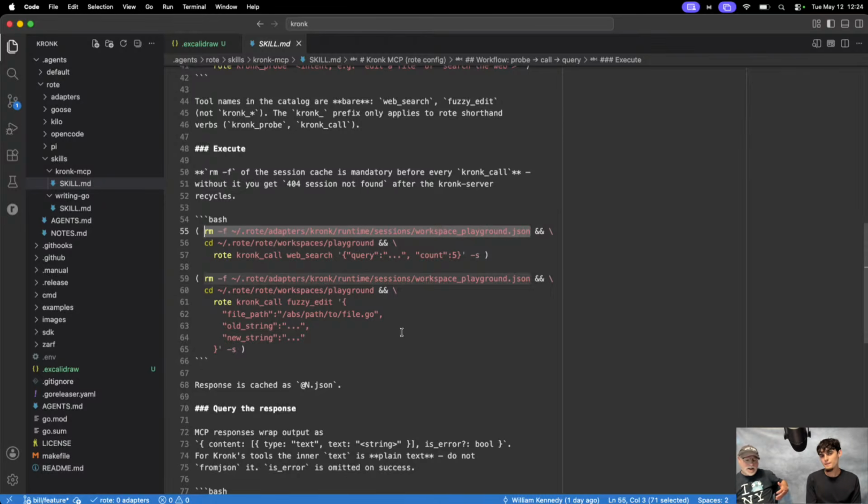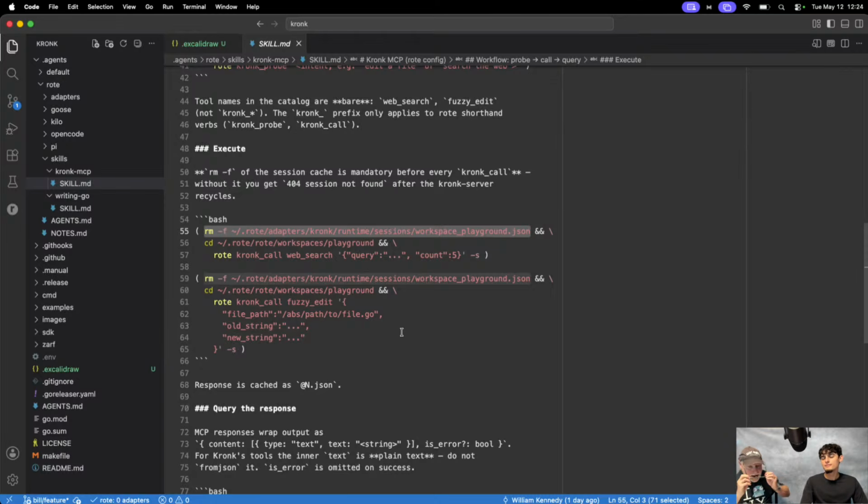So the very first interaction we're going to have with the Cronk MCP server, rote's going to do the right thing and save the session ID. The moment I restart the server and it tries to give me the session ID, what's going to happen? I don't know. But rote never thought that Bill Kennedy would be involved and didn't think of reestablishing a session.